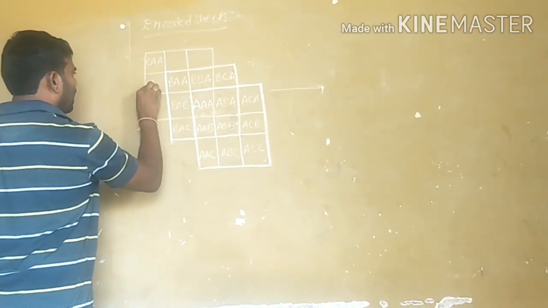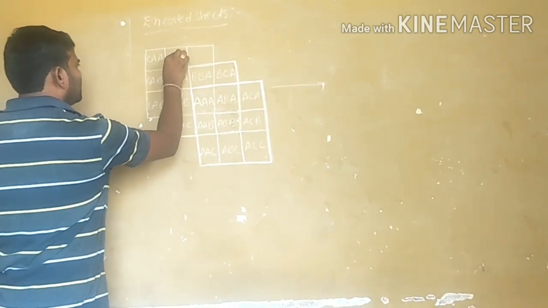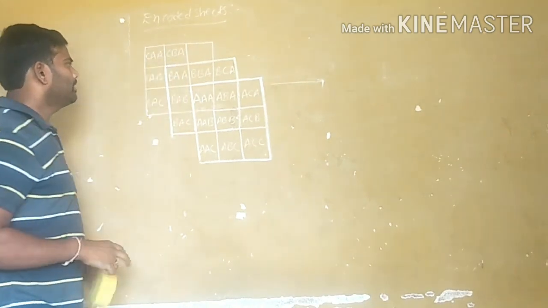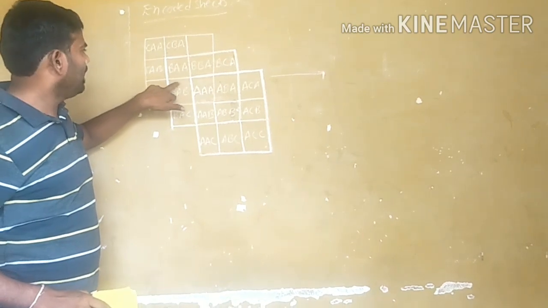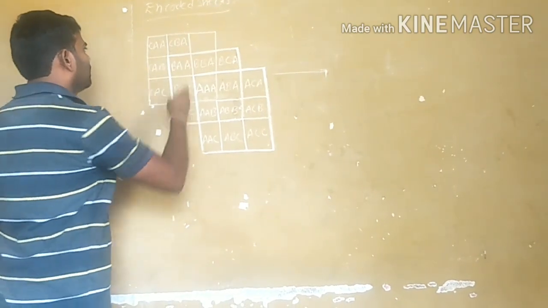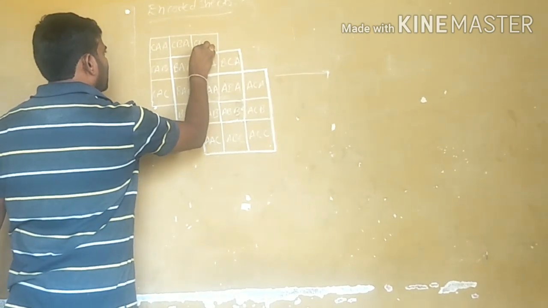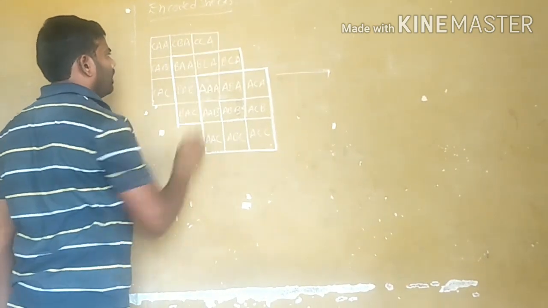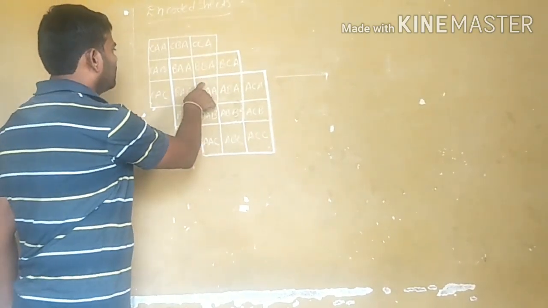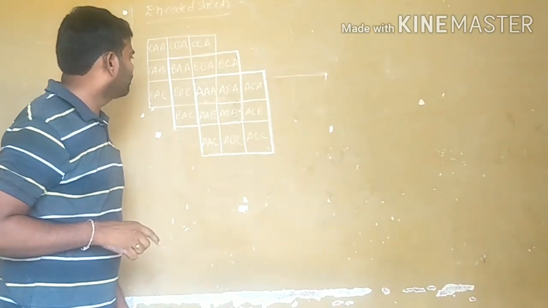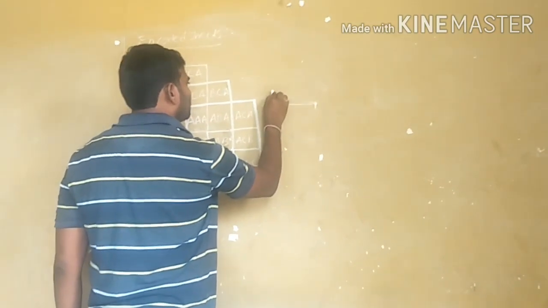CAA, CAB, CAC. Here CBA, behind this CBB, behind this CBC. Here CCA, behind is CCB, behind is CCC. And these three sheets are